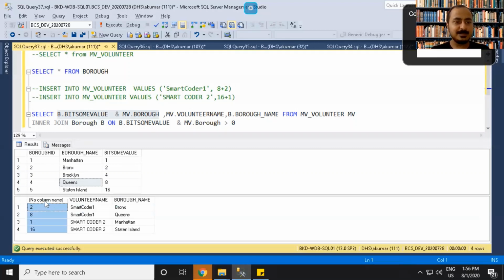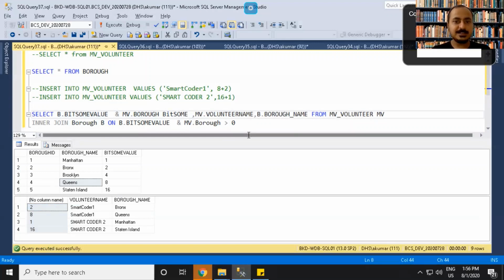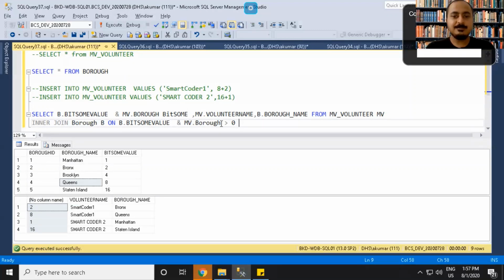Here you will have the bit sum values. So using this method, you can store multiple boroughs in a single column. We are storing the sum of binary values, and we are using the bitwise ampersand or AND operator, which will do the bitwise AND operation and calculate the value of that particular thing.